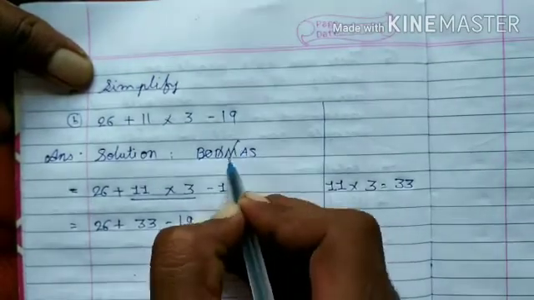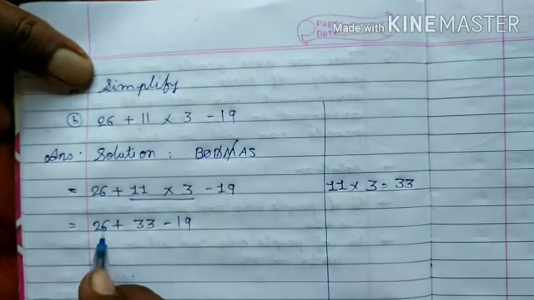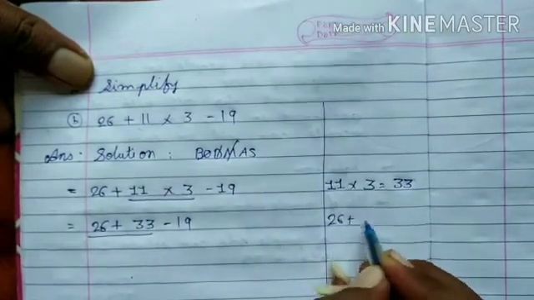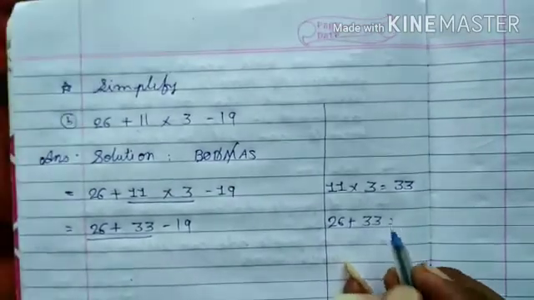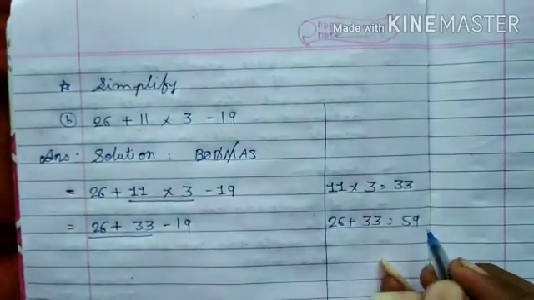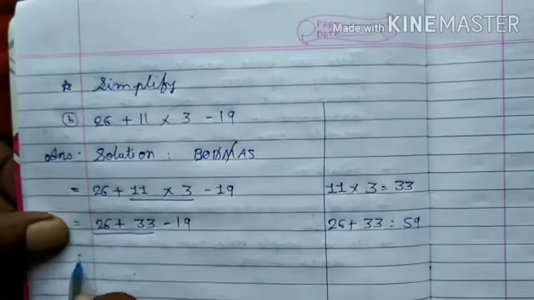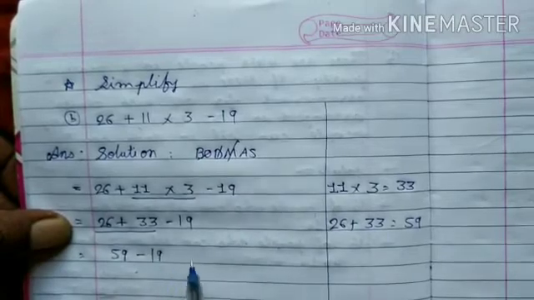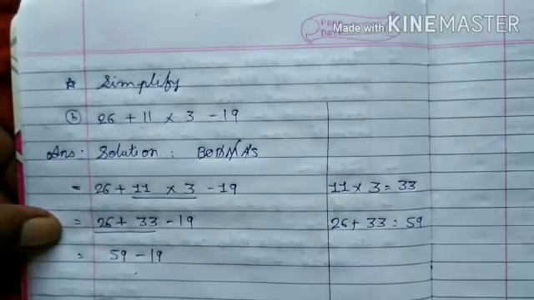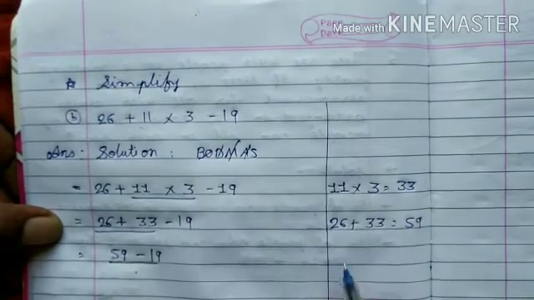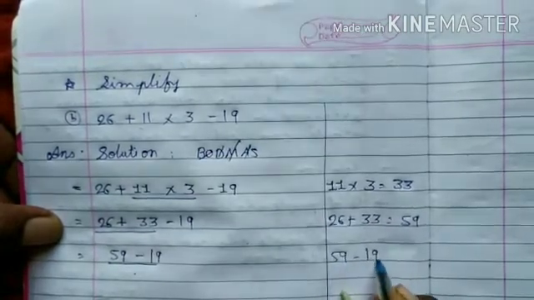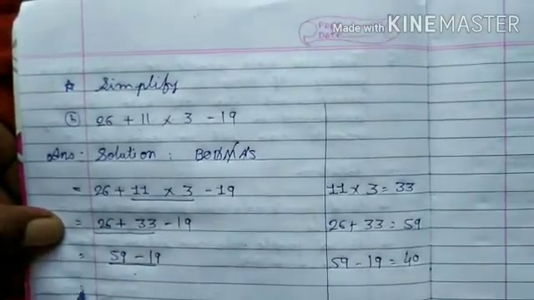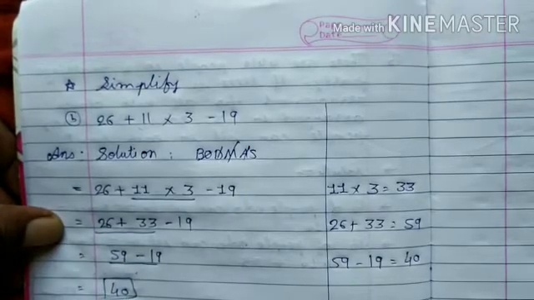So we have solved one operation, cut it. Now the next order is addition. Yes, it is given between: 26 plus 33. So write here 26 plus 33. So you know very well it is 59, right? So let's write the first operation. Please write the answer below and copy minus 19 and cut addition. And the last operation is given here, subtraction. Right, 59 minus 19, so 40. So 40 is your answer.